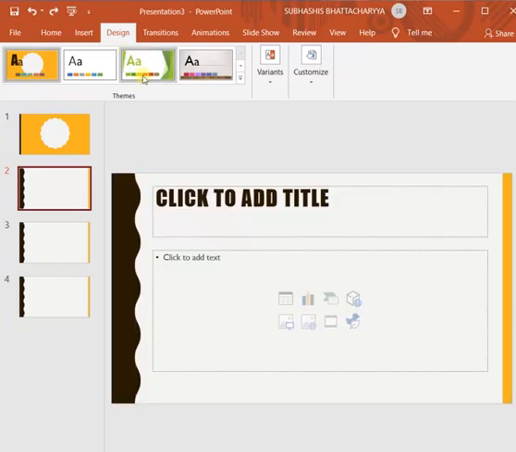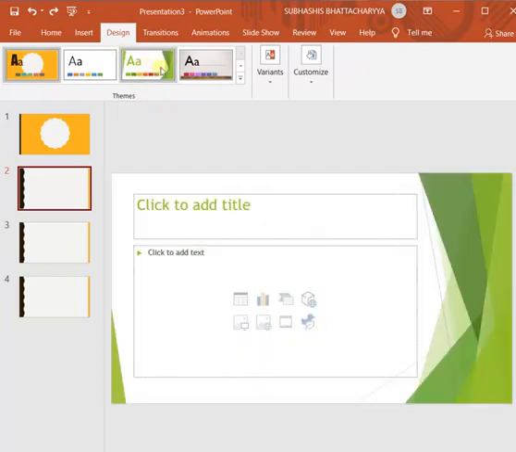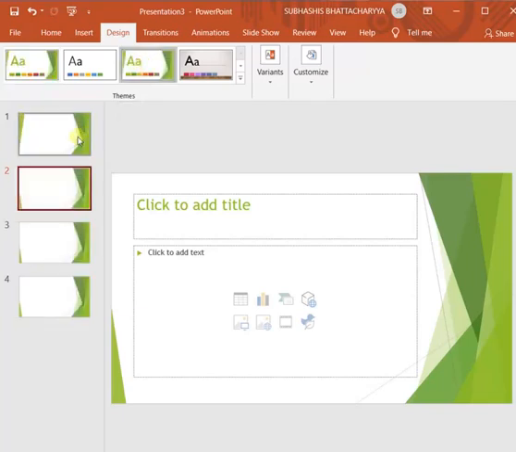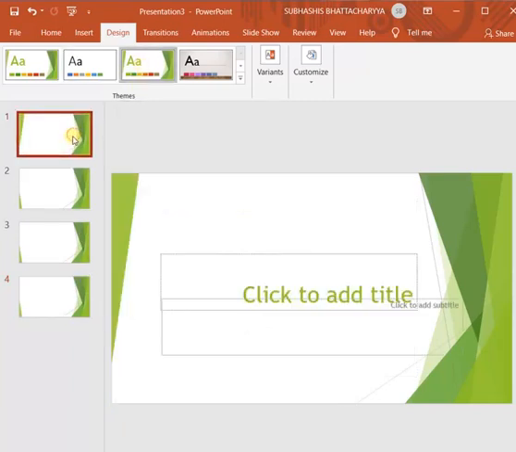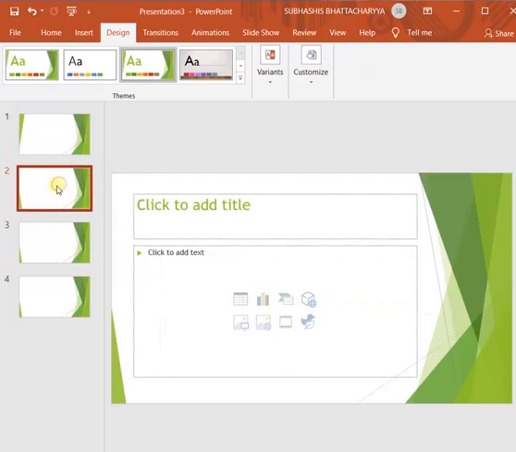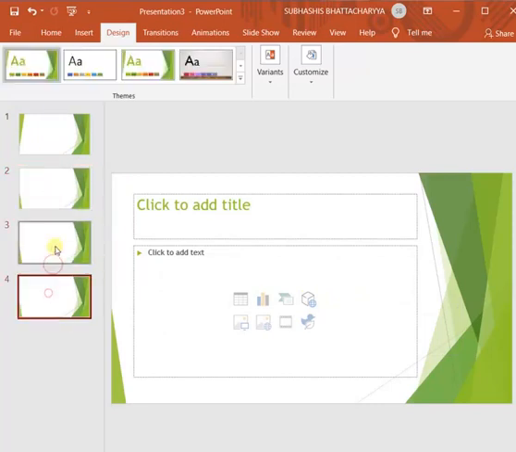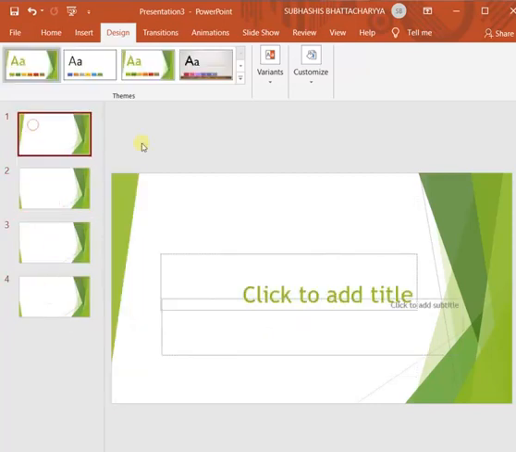Now if you suddenly select this theme, then you will see that all the slides of your PowerPoint will change to this theme. In this theme, you can see that the first slide looks the same as the other slides, but as it is the first slide, there is somewhat of a difference.